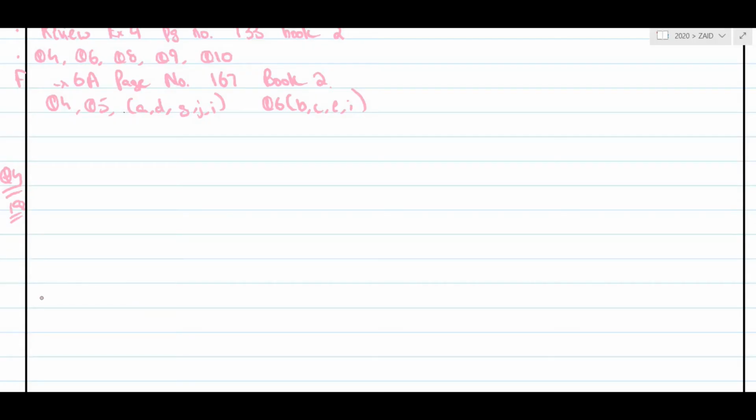Acha, in today's class, we will discuss identities. First of all, you have the identity (-x + 5y) whole square. In order to make it easy for yourself, you can rearrange this identity as (5y - x) whole square. This identity is the same as (a - b) whole square. And when you expand (a - b) whole square, your result is a square minus 2ab plus b square.